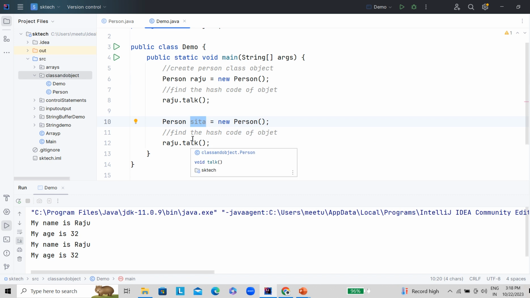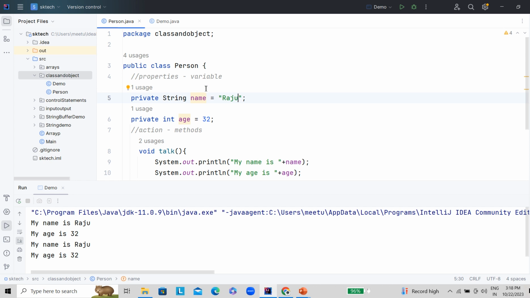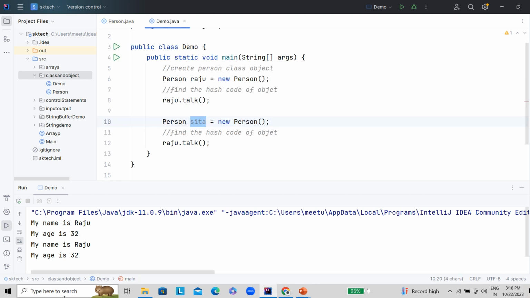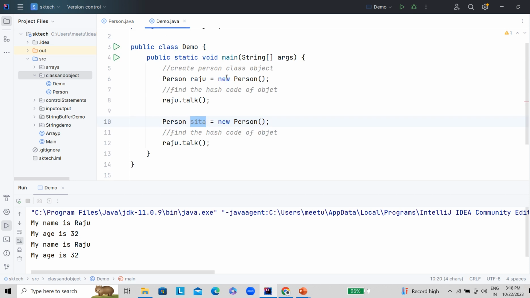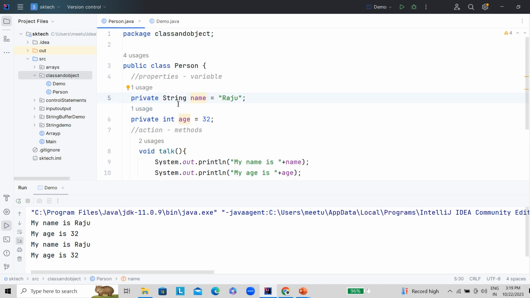This is happening because both objects are initialized with the same data that we have initialized here, right? So Sita should get Sita's data, not Raju's data. But since we have initialized in the Person class itself, if you create multiple instances, it prints the same values which we have provided here.